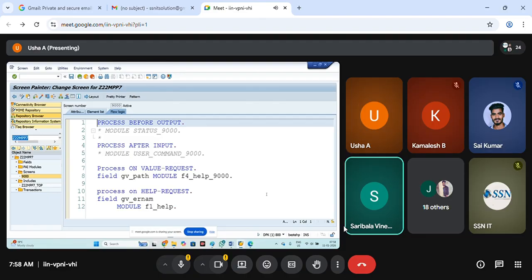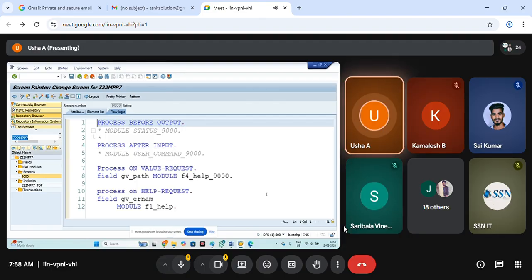Radio buttons we can't create alone. We need to create it as a group. Minimum two required to create a group. Very good. Checkboxes we can create alone. Single we can create. Very good. So this is what we discussed at the time of selection screen also.